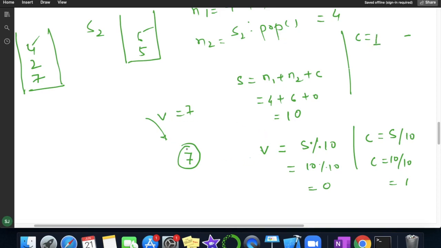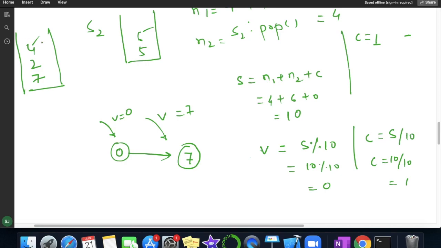Now we will again create a new node and pass the value V, which is 0. Now we will append this new node dot next to the previous one. So it will look like this.